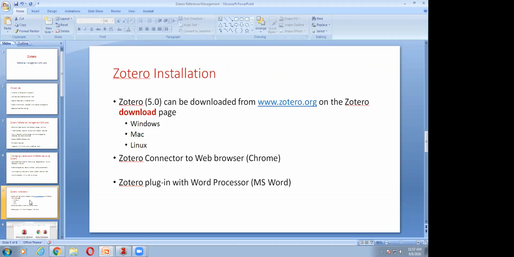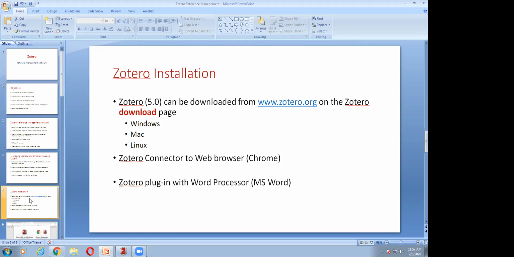Then you choose accordingly and click on it. It will start downloading. Once the download is over, you just double click. It will be installing on your computer. Just follow the instructions step by step. It's very easy. Zotero will be installed in your system.